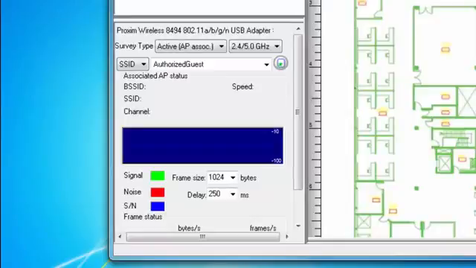Similar to my passive survey, I can choose which band or bands I would like to perform my active survey on. I can also choose whether or not I want to run my particular survey on a specific SSID or AP. Selecting an AP will restrict the wireless network card to associate only with that AP. Selecting an SSID will allow the wireless network card to associate to any AP within the SSID group as you